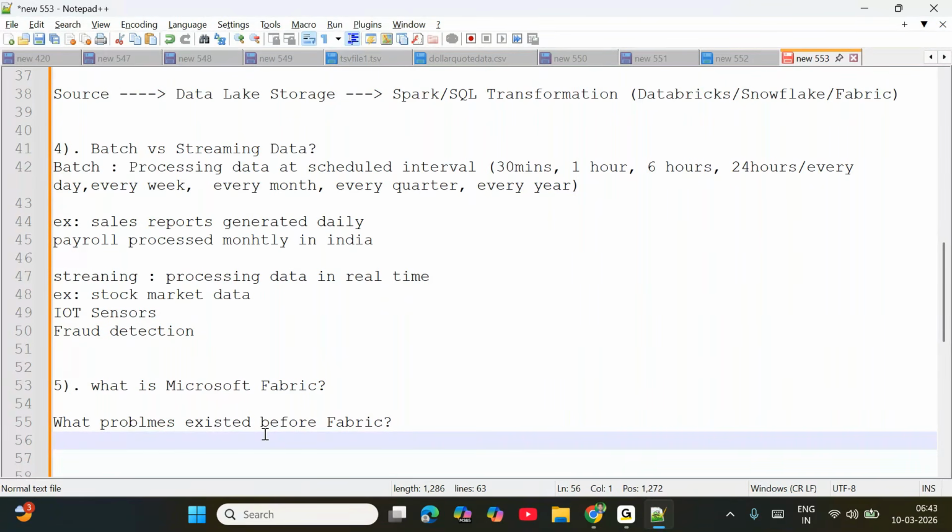So that's why Fabric is a new tool introduced by Microsoft. But what is the reason for that? What about the problem? Okay, remember team,